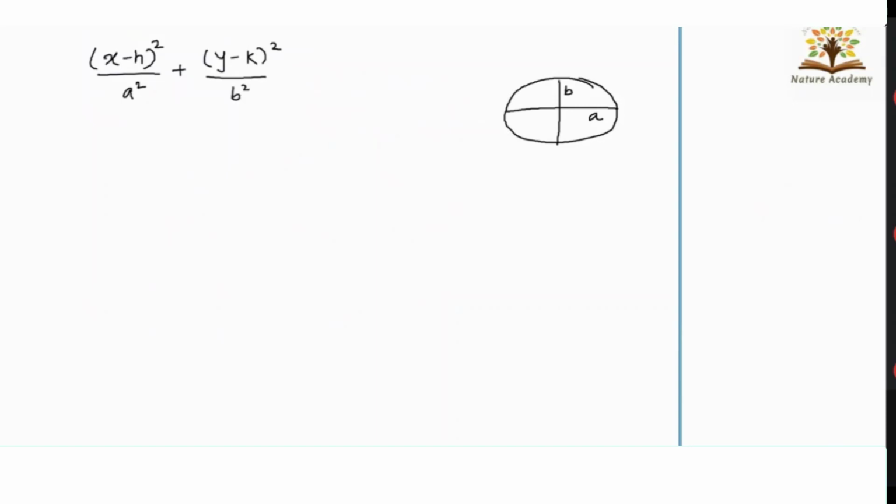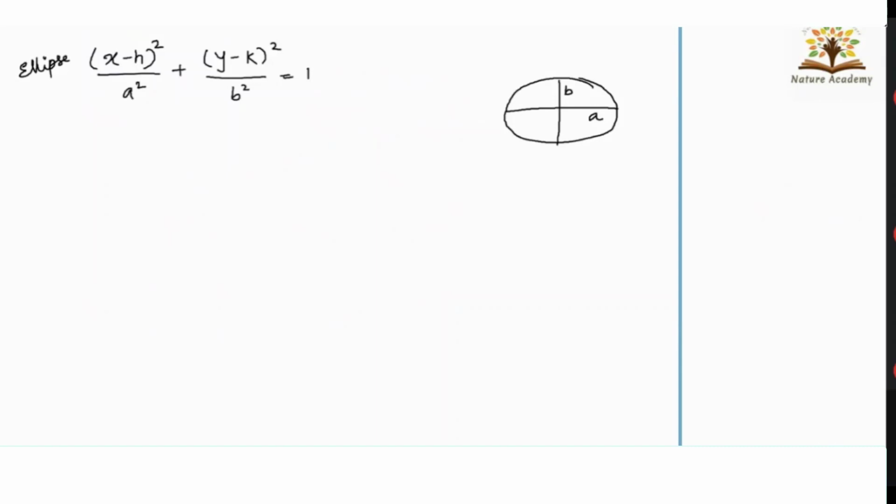Okay. So I have already talked about the equation of a straight line. You know what is the equation of a circle now. Now let us come to the equation of an ellipse. How does that ellipse look? It will be something like this. Okay. It will have one major axis and one minor axis. Say this is small a or small b. And then what will be the equation? X minus h whole square by a square plus y minus k whole square by b square equals 1. Now this is the equation for an ellipse, remember.